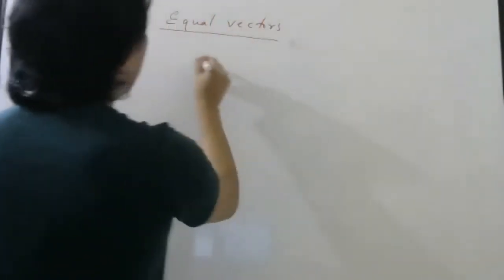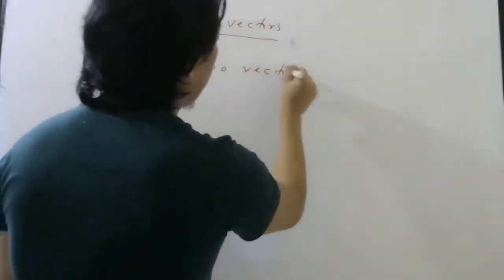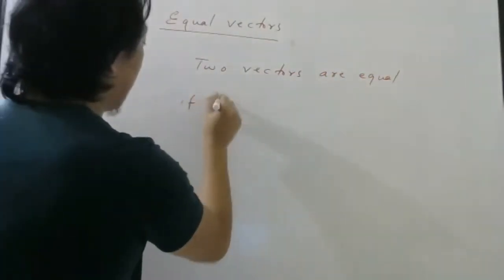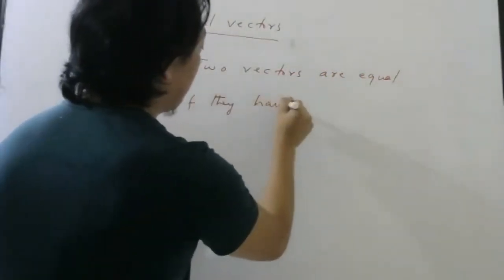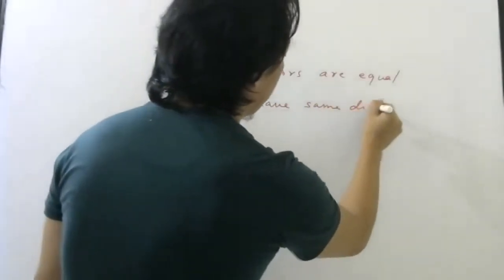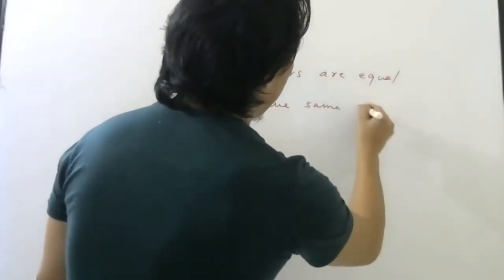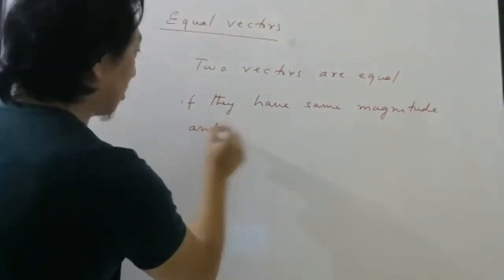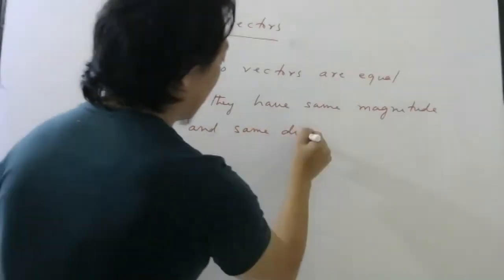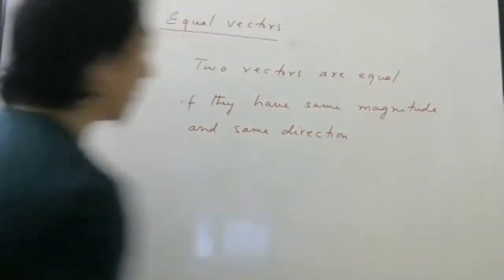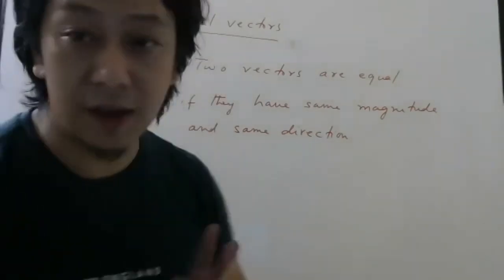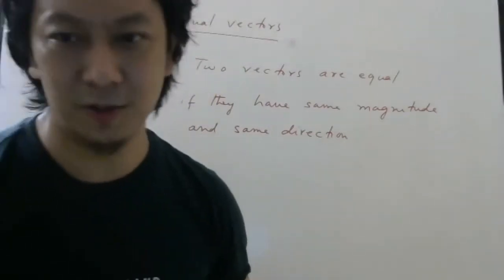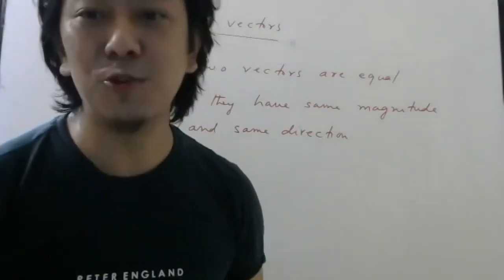So very simple. Two vectors, write down fast. Two vectors are equal if they have same magnitude and also same direction. Okay, so this is the criteria for two vectors to be equal. It is obvious because vectors have magnitude also, direction also. So both should be equal. Only magnitude should not be equal.